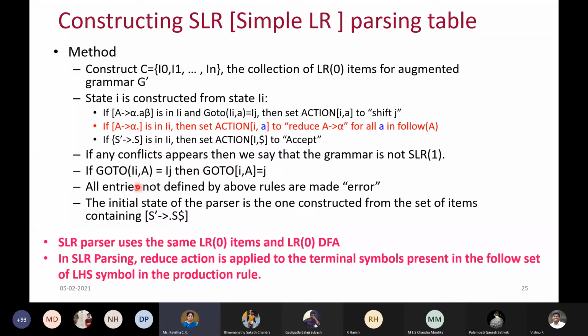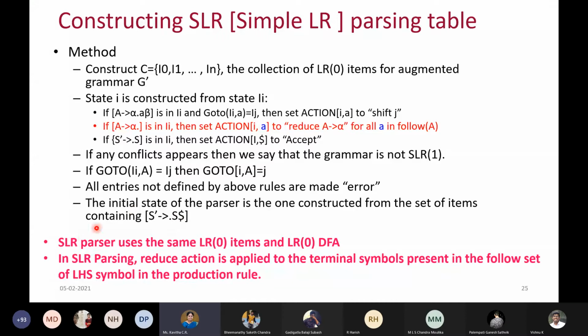And the initial state should start similarly, like we are going to start with the closure of the augmented grammar rule, the first rule. If you don't start with that, then you can't proceed. Only if you get this dot S, you'll be expanding that S, and then again some more rules come, and from there again maybe you need to find the closure and so on. So this is the start point. That is the first state. You're going to start with the closure of this, and this covers everything.